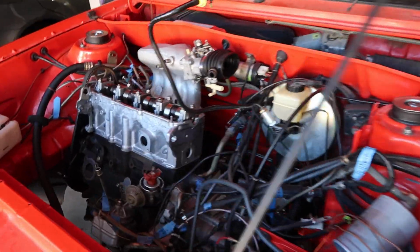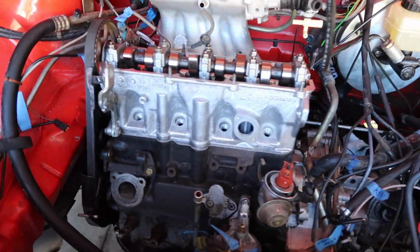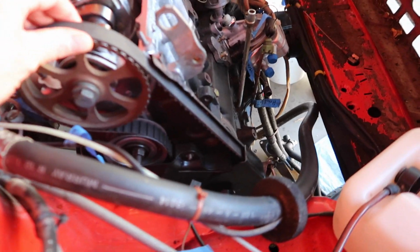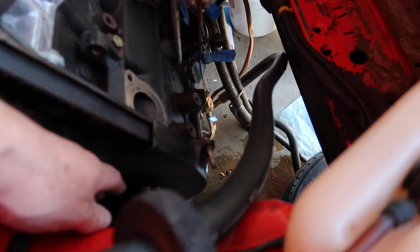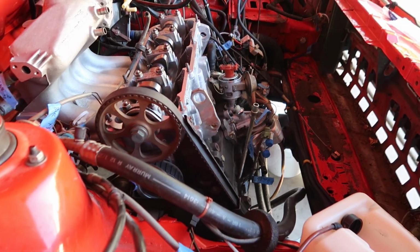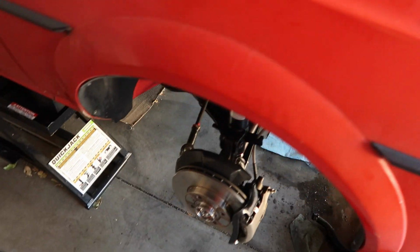All right, got the head on. Got the timing chain or timing belt put on, the lower cover put on, and the pulleys down here. The next thing, which is going to be challenging, is the...